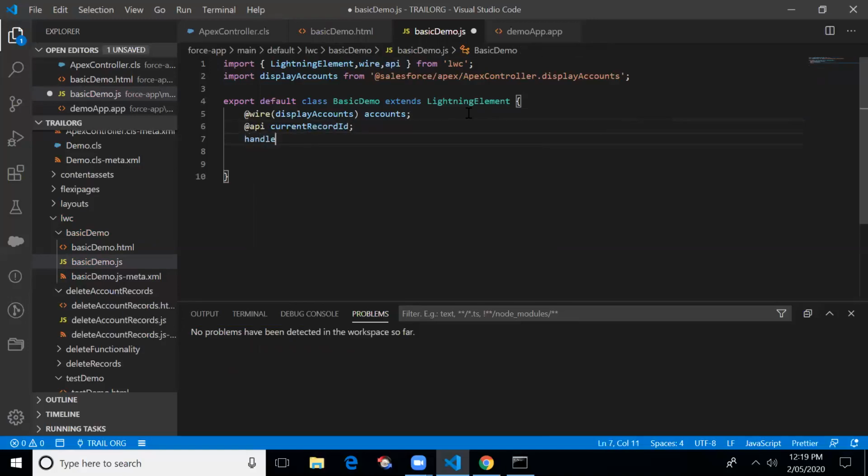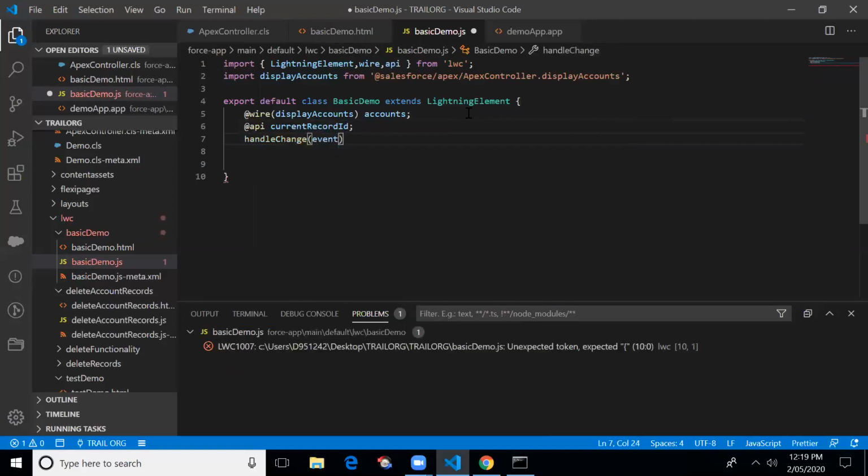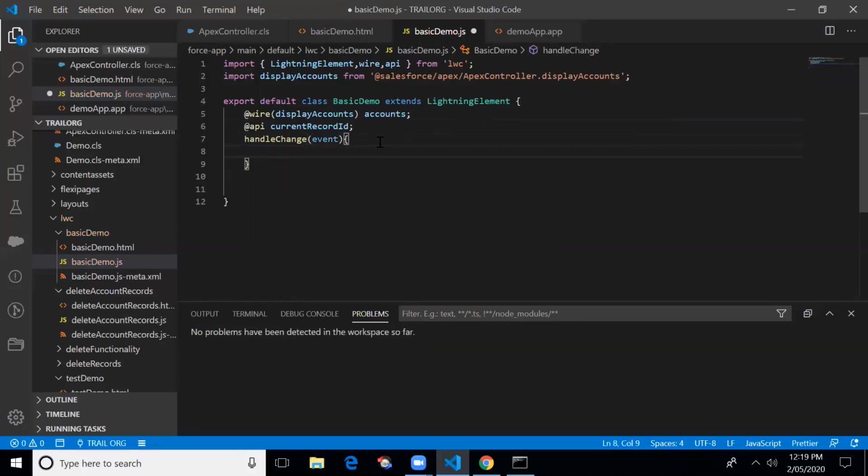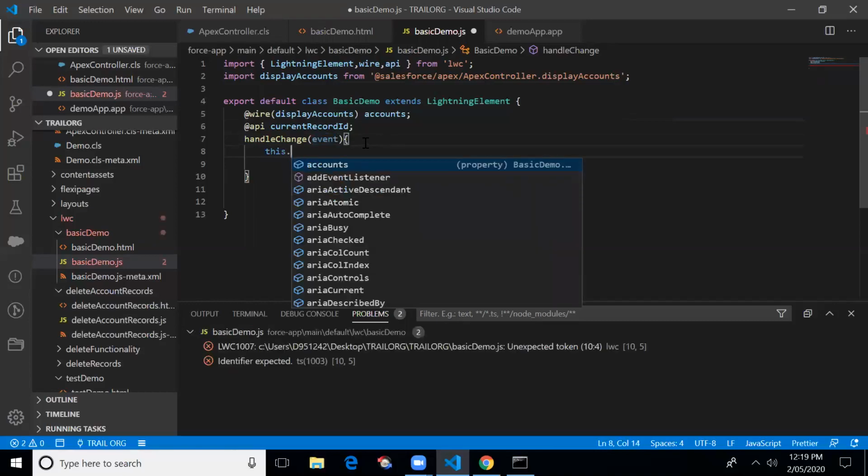In handle change, on changing of the radio button, basically what we'll be doing is getting the current record ID. If we want to get the current record ID, we have to use event. Without event, we will not be able to get the current record ID. Whatever value I'm getting in this method, I'm putting it into current record ID.